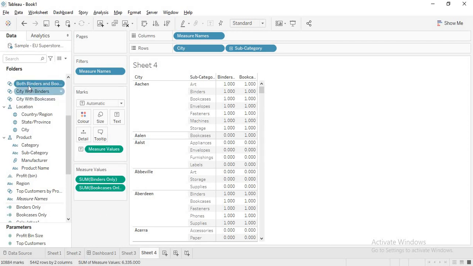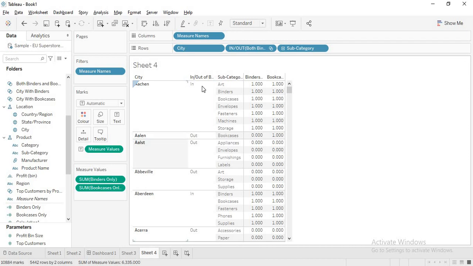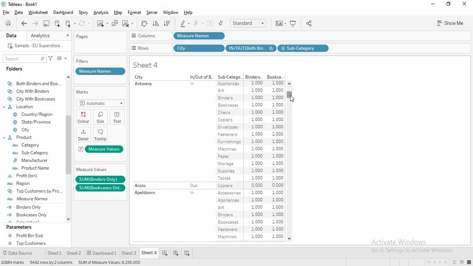So let me drag this in here. Now see, whenever you are getting in, those are those cities who are having both binders and bookcases. See out here we don't have any. You have only bookcases. Still it is out, and you have here binders and bookcases. So that is why it is in. Now again see here binders and bookcases.